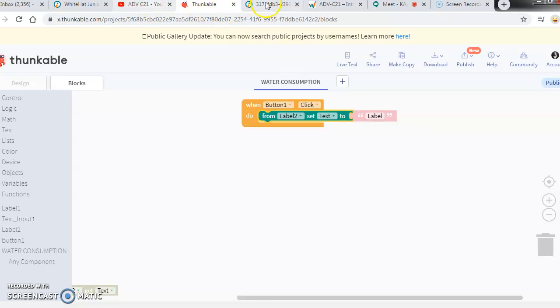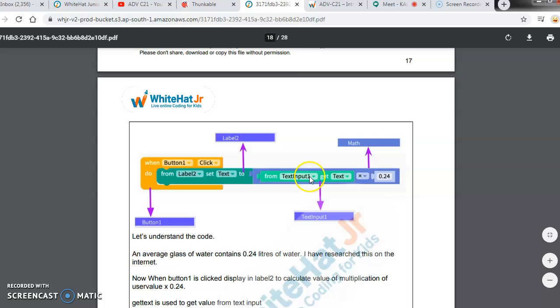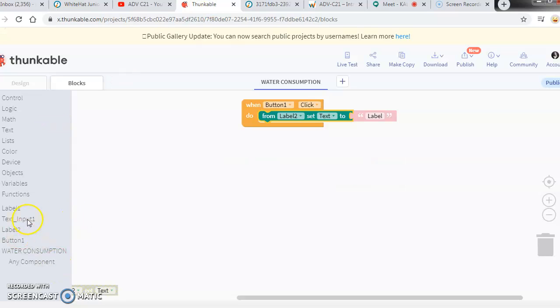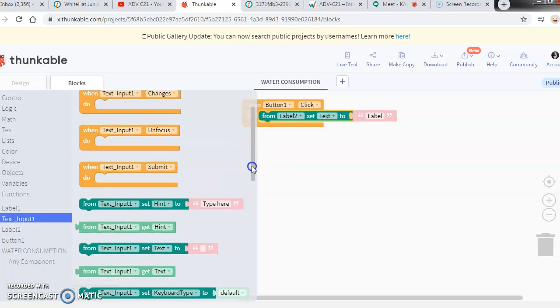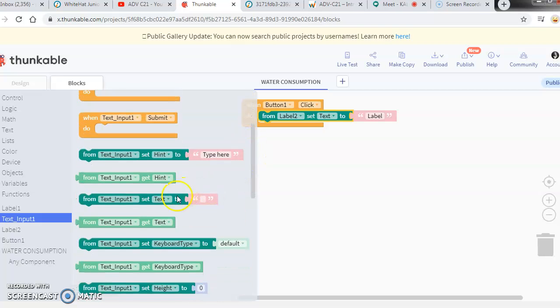So what you are going to do is you are just going to take this command. From text input 1 only you are going to get the value. So from text input 1, get text into that multiplied values. Okay. So you are going to say from text input 1. So here you have from text input 1, you are going to get the value, right?